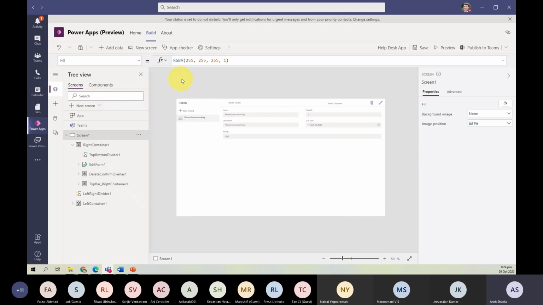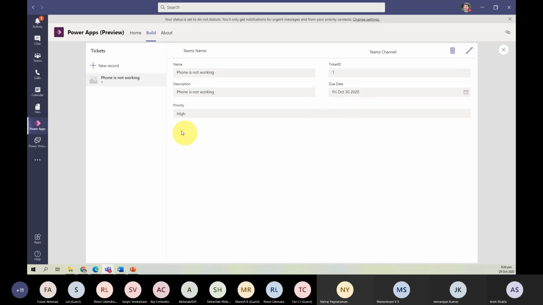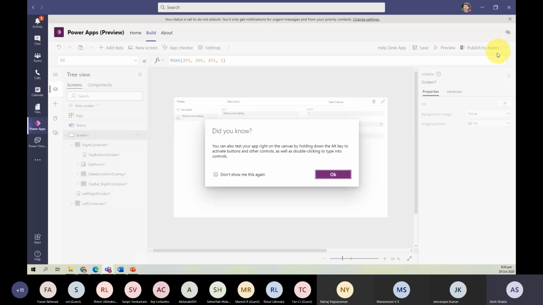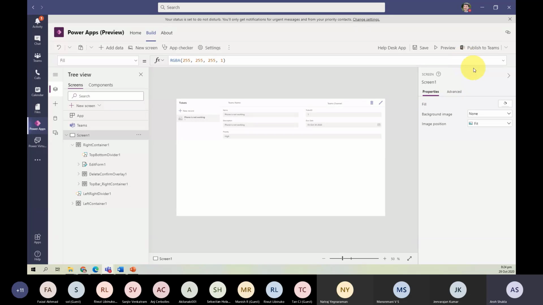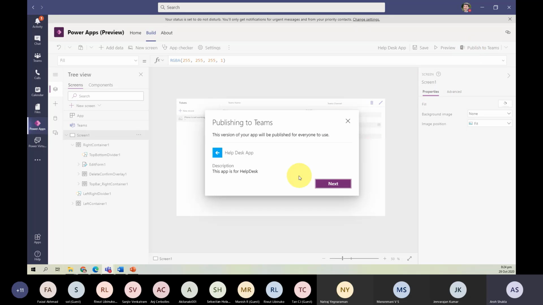So I'm going to go back. And I am actually able to save my application as well. Right, so it's very simple stuff we can do. I just click here. I can save my app. I can just preview. I can see the preview, it looks fine. Okay, I can't see the display name because it's in preview. However, if I publish to Microsoft Teams, then it will show a display name.